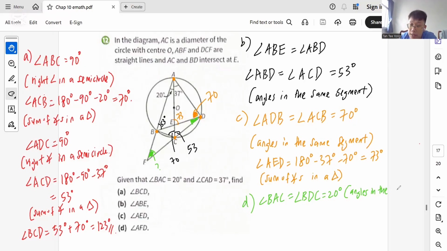Angles in the same segment. Okay, so this is 20 degrees. Okay, so then if you think about it, angle